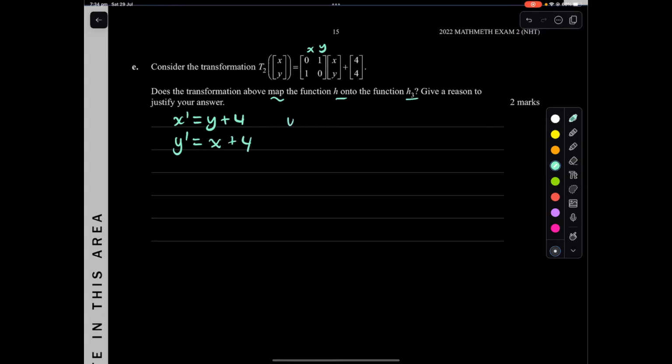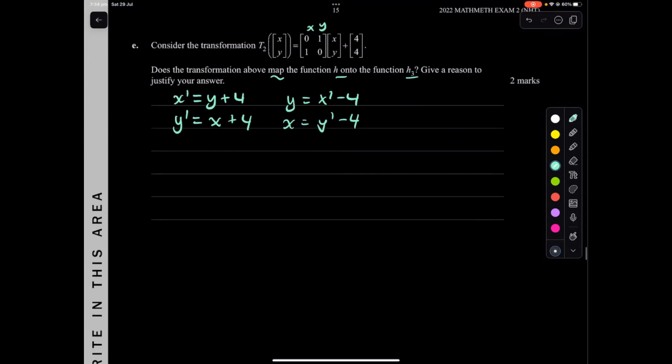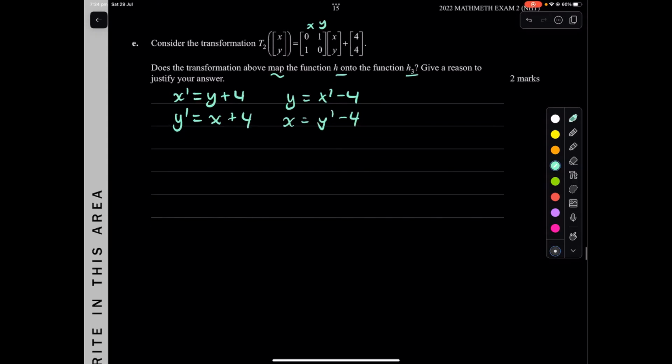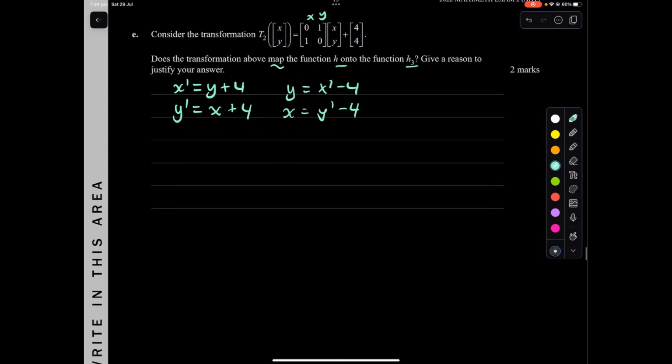Now, we find y is equal to x dash minus 4, and x is equal to y dash minus 4. Now I'm going to sub this into the function h of x. So h of x is root 2 minus x, so it will be y dash minus 4 equals the square root of 2 minus,